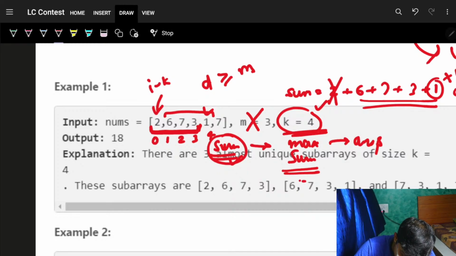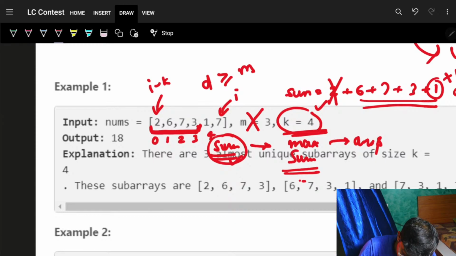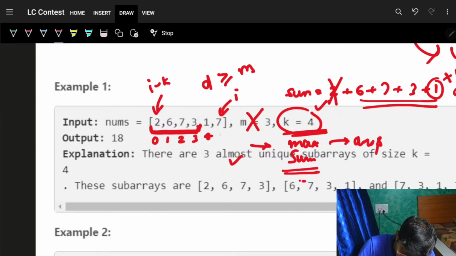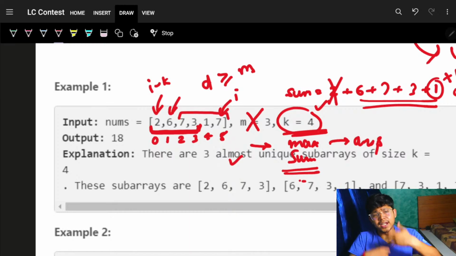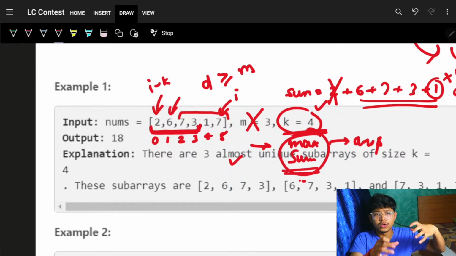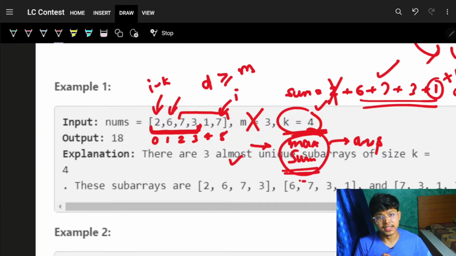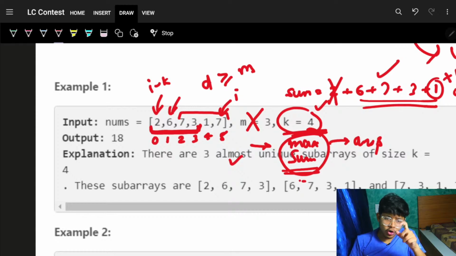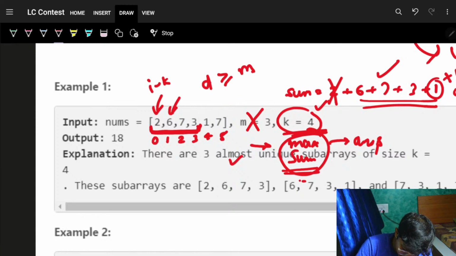Now I'll go on to the next index i. For this window, i minus k, which is 5 minus 4, will land at 1, so that element gets excluded, and the new window will be this. So I'll get the new sum, and I can get the maximum sum by saying answer equals maximum of answer comma the current sum, and I'm updating the current sum by this. The only difference in this is that